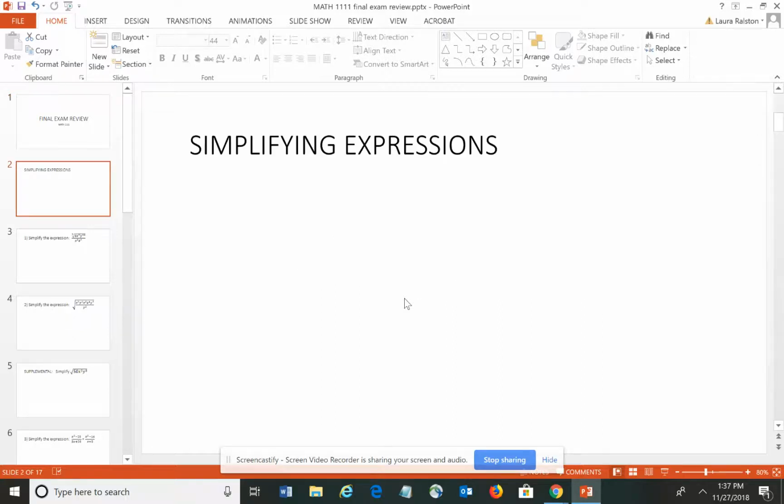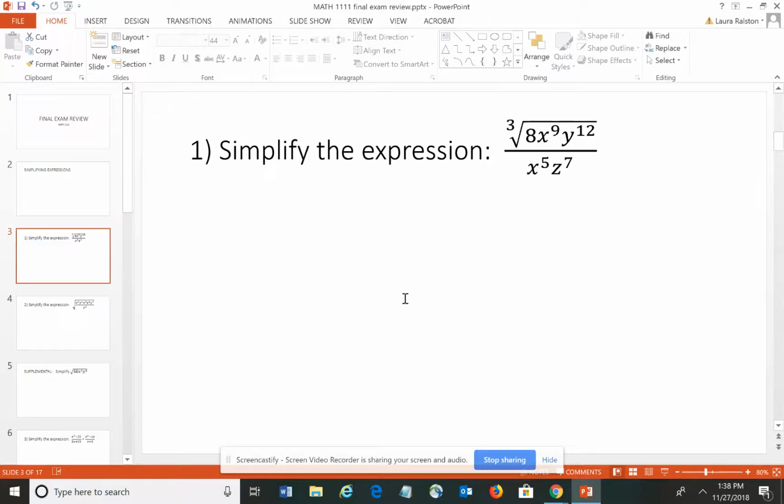And the first topic on the review sheet is simplifying expressions. I'm also going to add in some supplemental questions as we go. It's a pretty safe bet if I've added a supplemental question that there's one similar to that on the actual